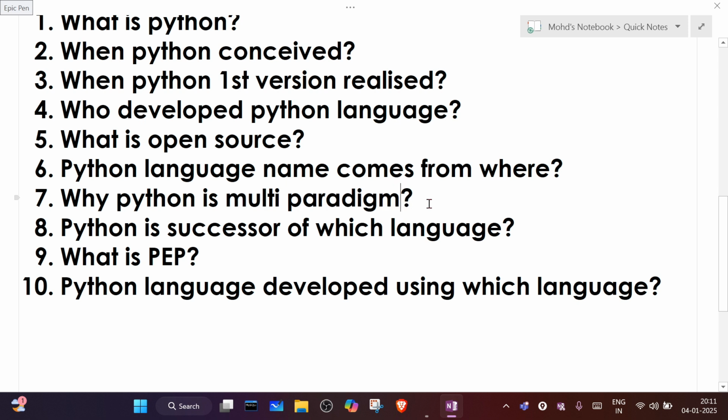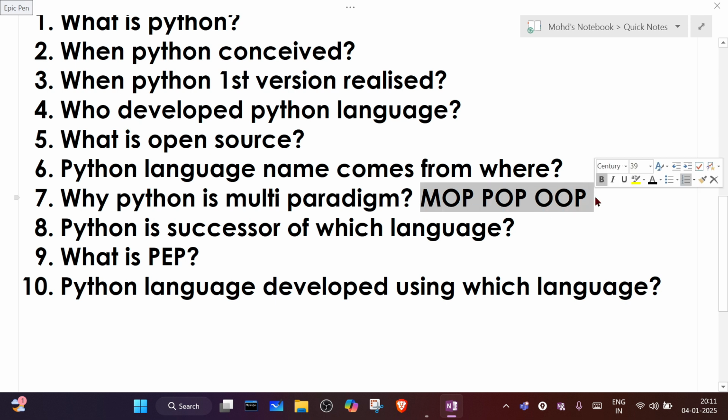Paradigms are things like MOP, modular oriented programming, POP, procedural oriented programming, and OOP, object oriented programming. These are the paradigms followed by Python, so that's why we say Python is multi-paradigm.